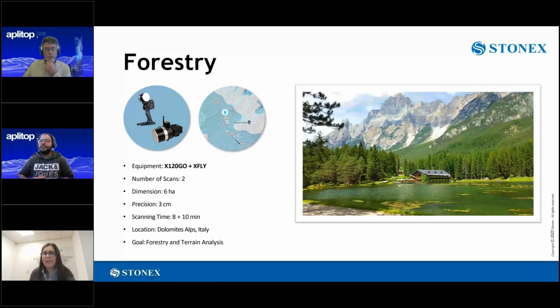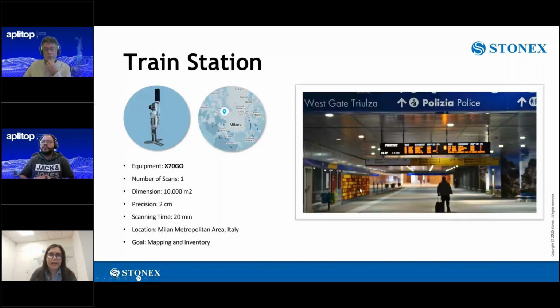Thank you, Francisco. Now we move to the second case. In this second case, we will explore a point cloud of a train station here close to Milan, where our main offices are located. In particular, this scan was made with the X70 Go with the help of one of our accessories, the panoramic camera that allows you to generate 360 degrees images that can also be integrated in the point clouds resulting